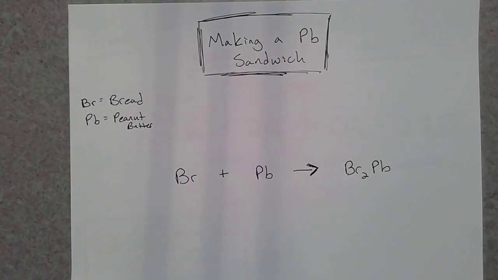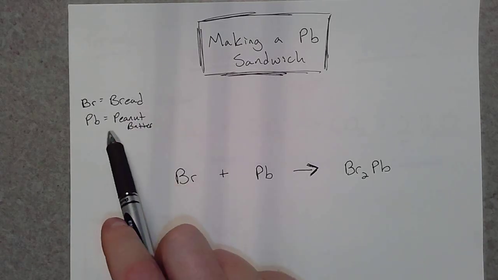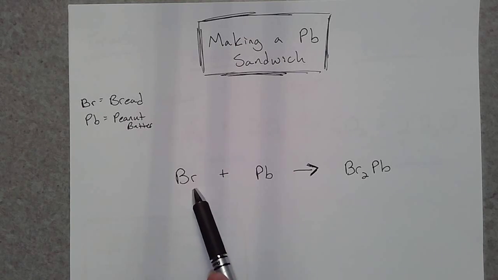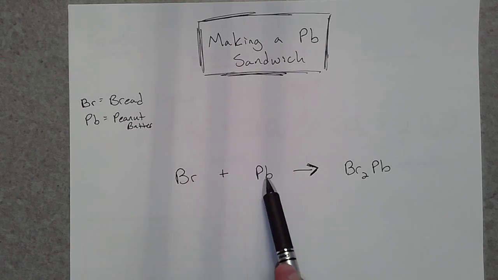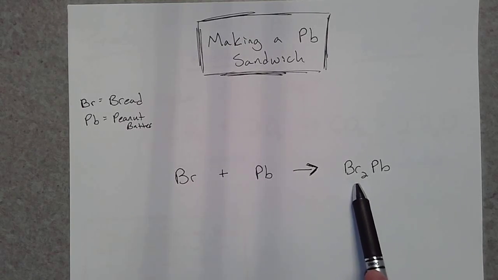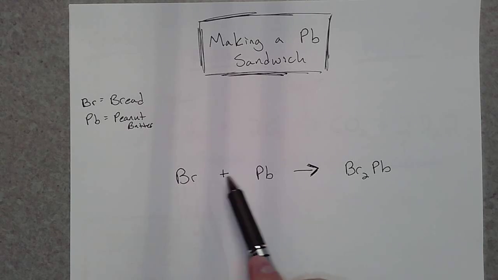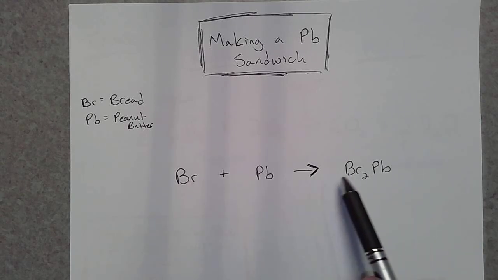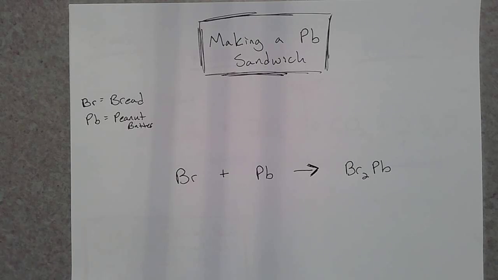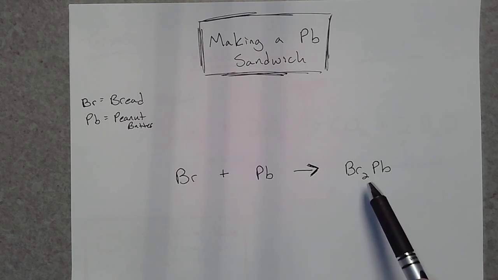So let's think about this just like making a sandwich. Let's say I got some bread and I have some peanut butter. So my ingredients are just bread and peanut butter. Now, the formula for a peanut butter sandwich is 2 slices of bread and a scoop of peanut butter. So, right now, if we're looking at this, this is not applying to the law of conservation of mass. It does not subscribe to it. It's not fitting in with our definition because I have 2 pieces of bread over here, but I only have